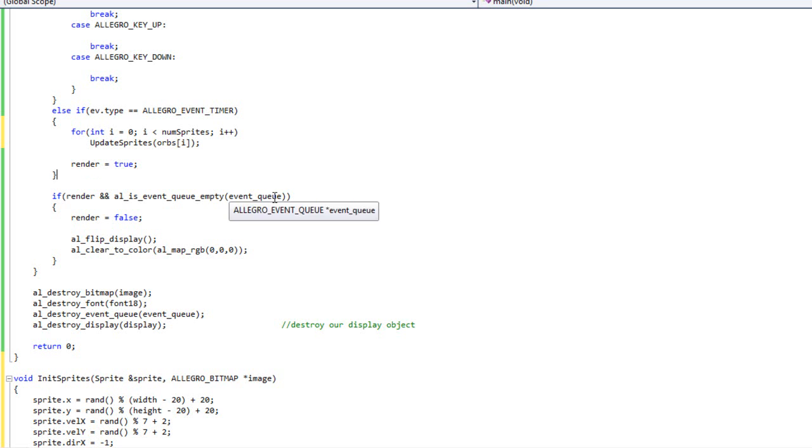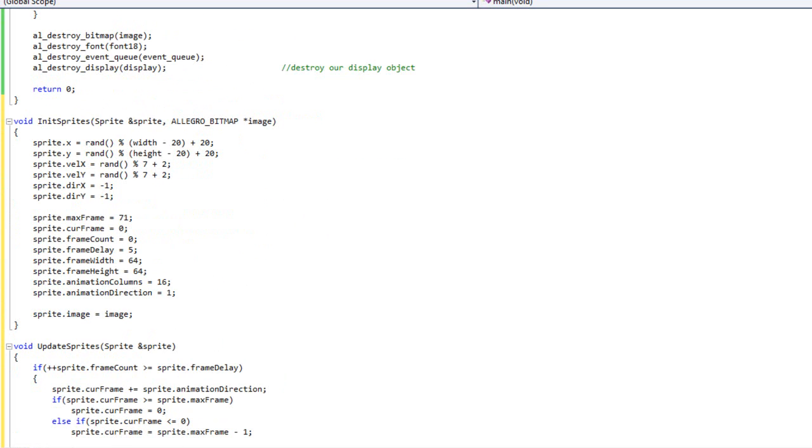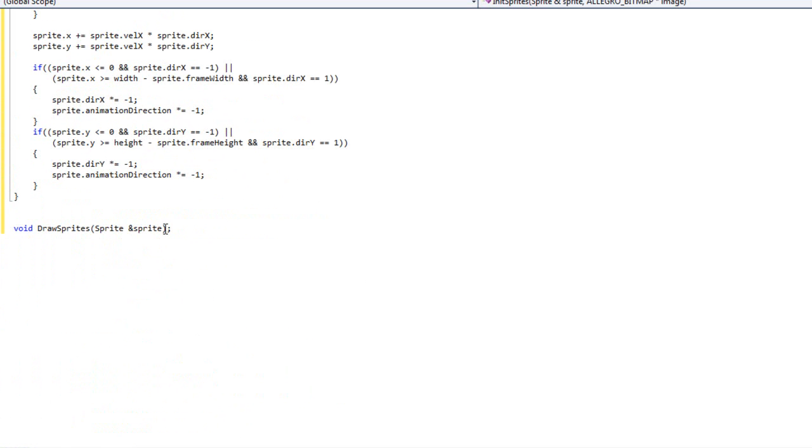We have our initializing, and we have our updating, and finally we have our drawing. And we're going to go over a little bit of special math for you here. And I'm going to come back down here to my drawSprites. And what I want to do is this: since we have multiple rows now, I need to be able to draw both the column and the row of my sprite sheet. So I'm going to create two variables here. I'll start with fx for our frame x, and that's going to be